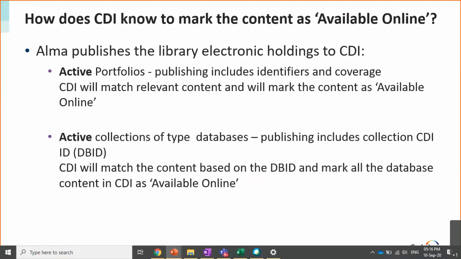Those collections will be published to CDI as well. It will include a CDI identifier that gives CDI the option to match the collection. And once it finds the match based on this DBID, it will mark all of the content belonging to that collection as available online. Okay, so publishing portfolios and publishing collections which are active and available.